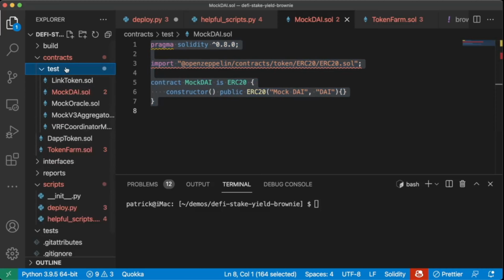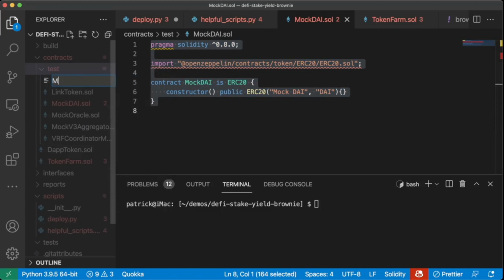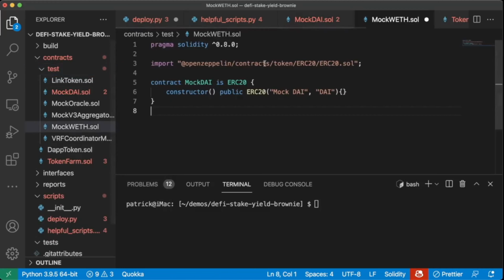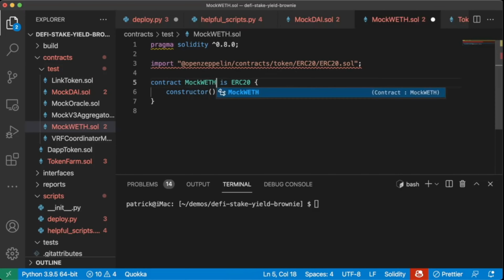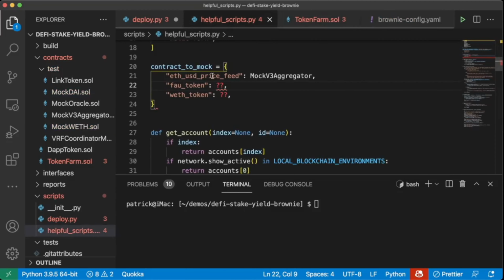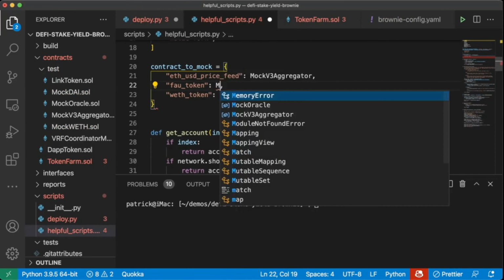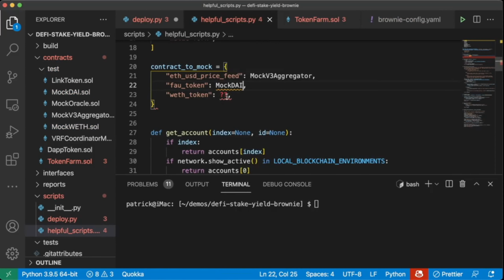We'll copy this whole thing, and then we'll do the same thing for MockWETH.sol. We'll paste this whole thing in here, and we'll just change the name. We'll call this MockWETH, it's ERC20, MockWETH, and this will be WETH token. Great. So now that we have those mocks in here, we can change FAU token to MockDAI and WETH token